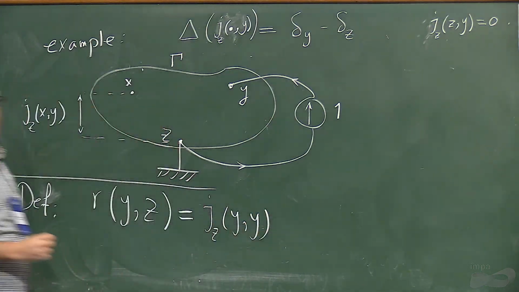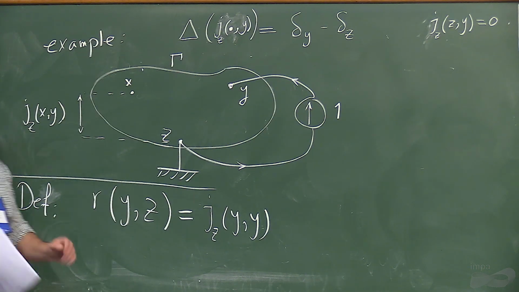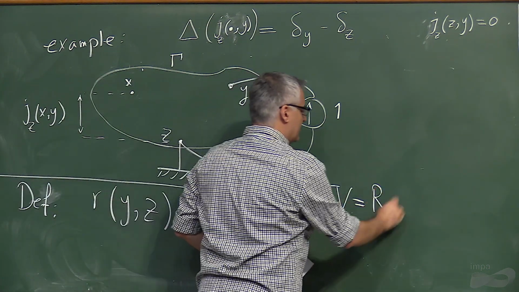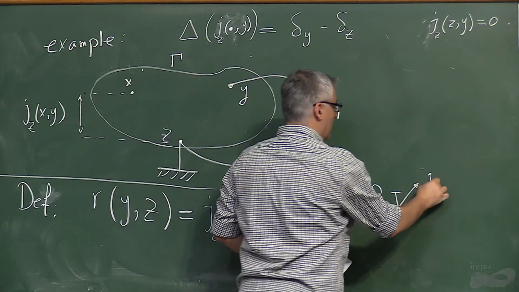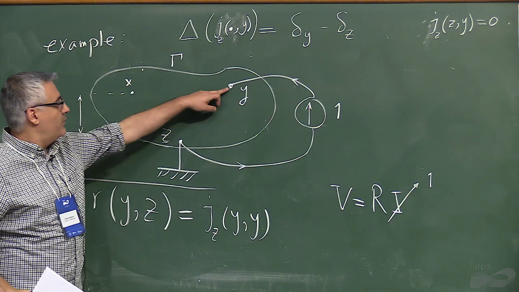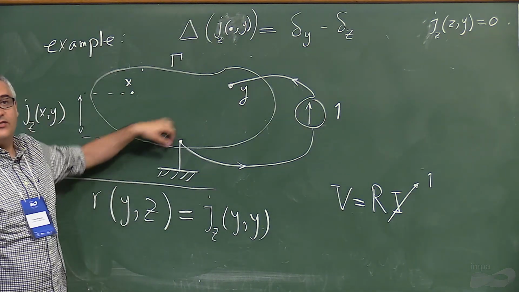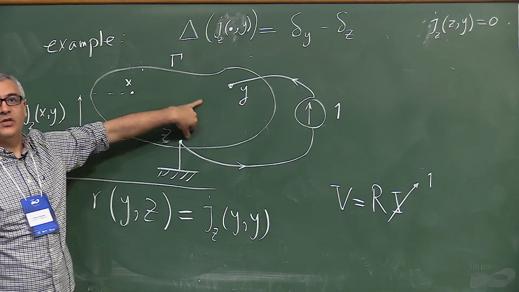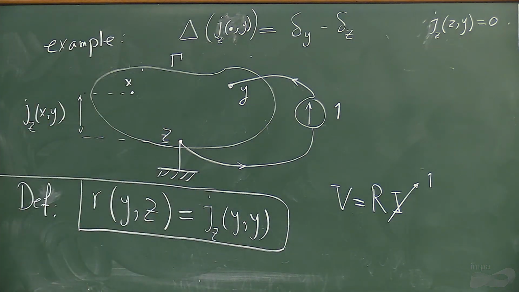By that, I'm saying something that I hope you remember from very basic physics, that voltage is resistance times current, and the current is 1. And I'm saying the potential that I will have, the voltage difference between y and z, is going to be precisely R, the effective resistance between y and z. OK, so this is a fancy definition, but it's really the definition that if I have this graph,